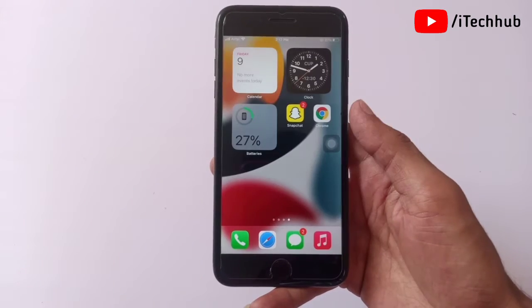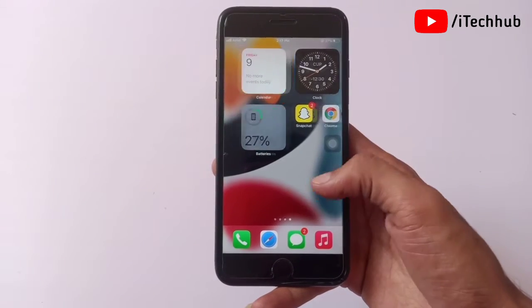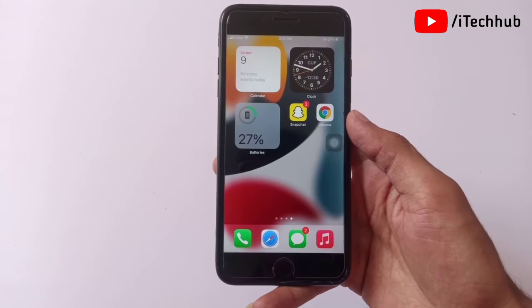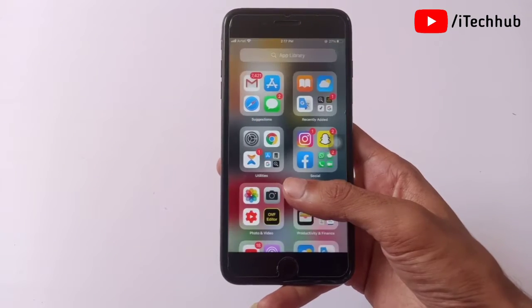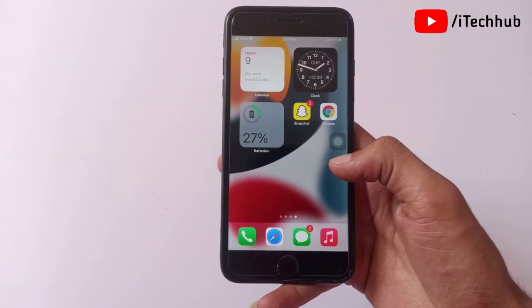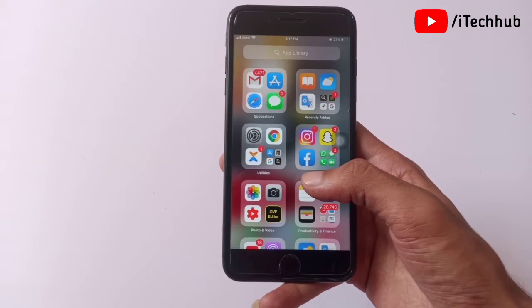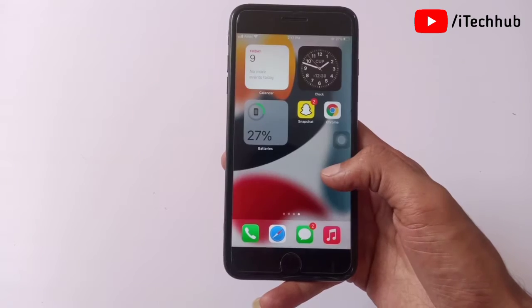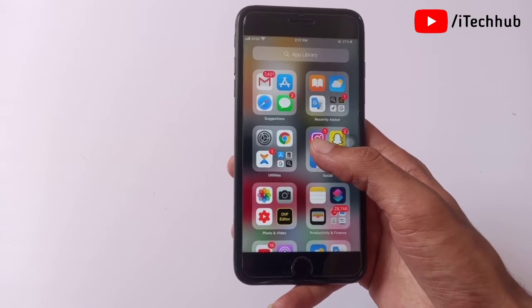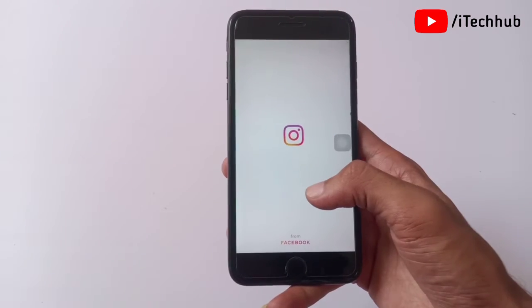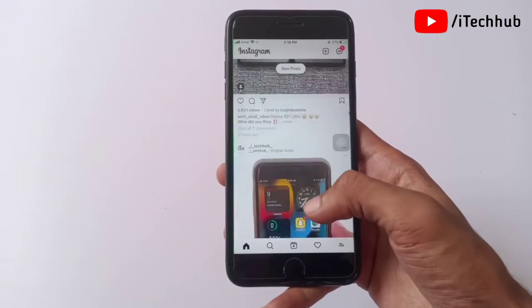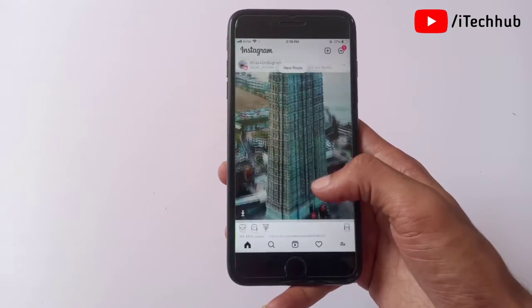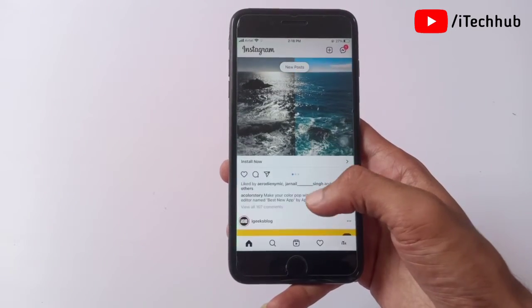So guys, in this video I will show you how to see your Instagram password if you forget it. A lot of Instagram users create an Instagram account on iPhone as well as Android devices. But still, sometimes they forget the password on Instagram. So guys, sometimes you don't remember your Instagram password. In this tutorial I will show you how to see your Instagram password without resetting it on iPhone as